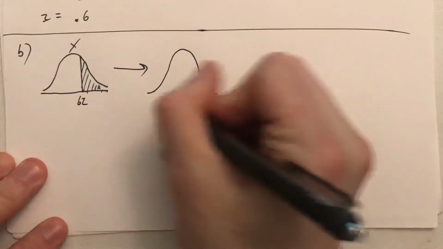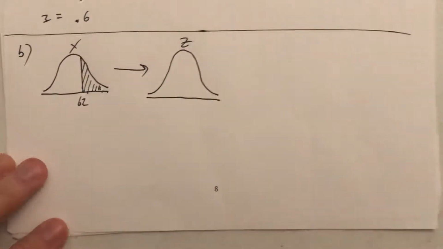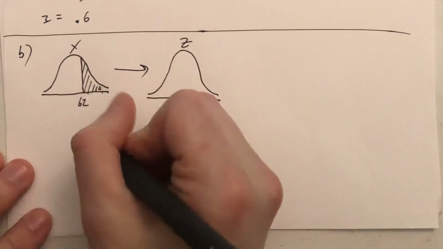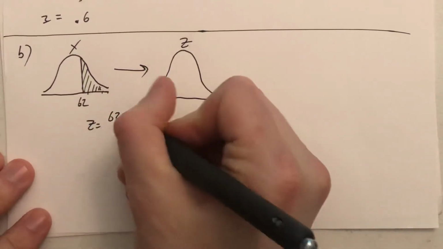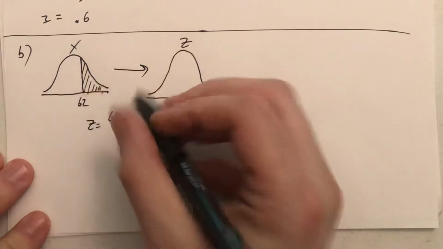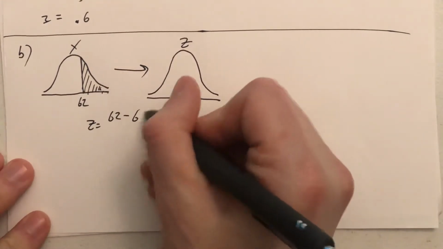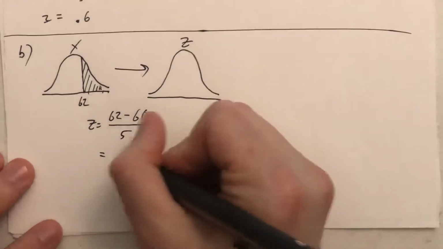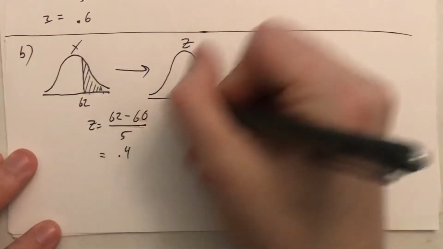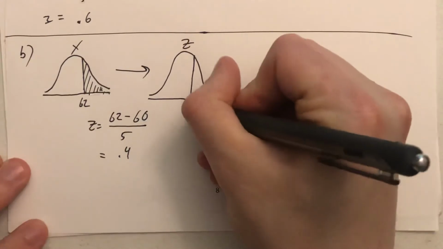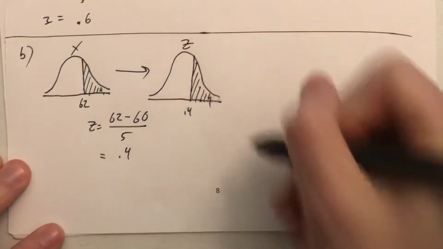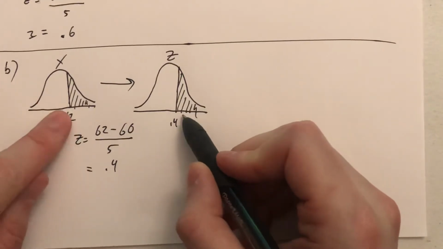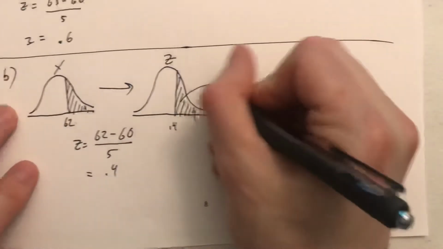We then want to convert that bell-shaped curve from data world to z-score world. So we need one z-score, the z-score of 62. So 62 is the data score, minus the mean, which we said was 60, over the standard deviation, which is 5. So that'll be a 0.4. That 0.4 is the z-score of that location, of that line there in our distribution. So again, same picture representing the same information, but now that we're in z-score world,